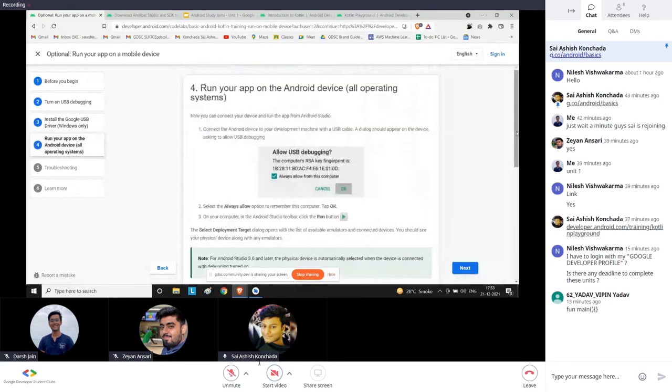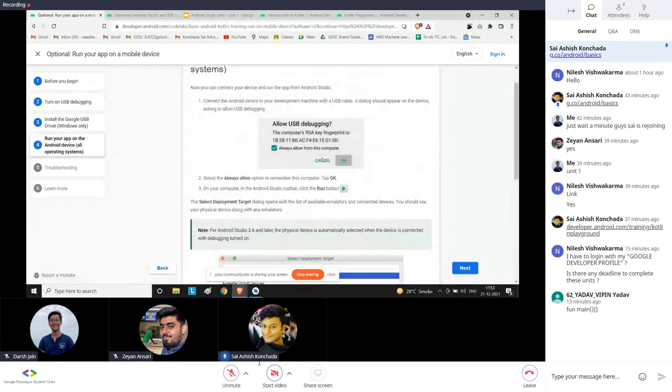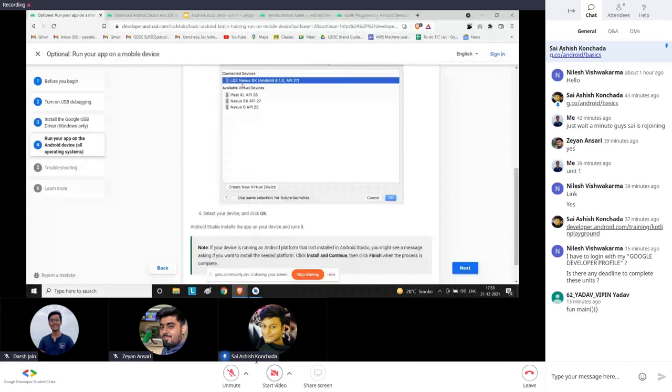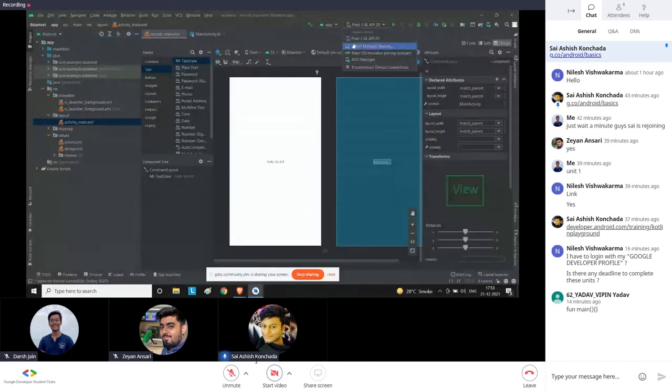This is just something that they are showing. When you connect your device to your laptop, it will ask if you want to allow USB debugging. Just say yes. Once you've given permission, your device will come up. This person is using an LG Nexus. I have a Realme phone, a Redmi phone or a Samsung phone. So that will pop up instead of Google Pixel. Instead of Google Pixel 3, one more device will pop up. Any other device will also work.